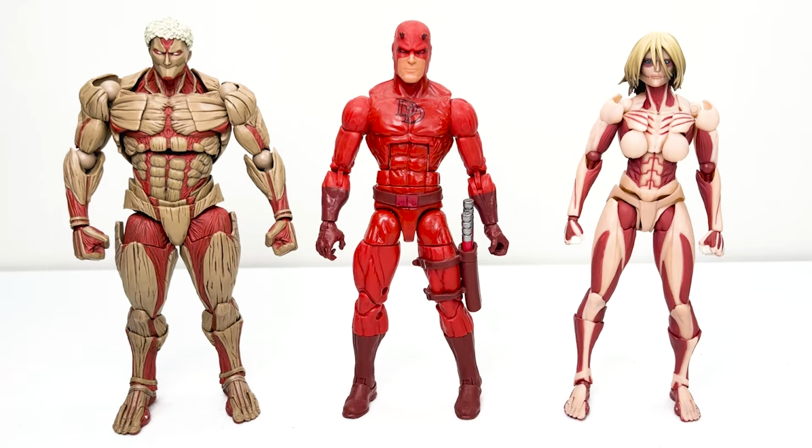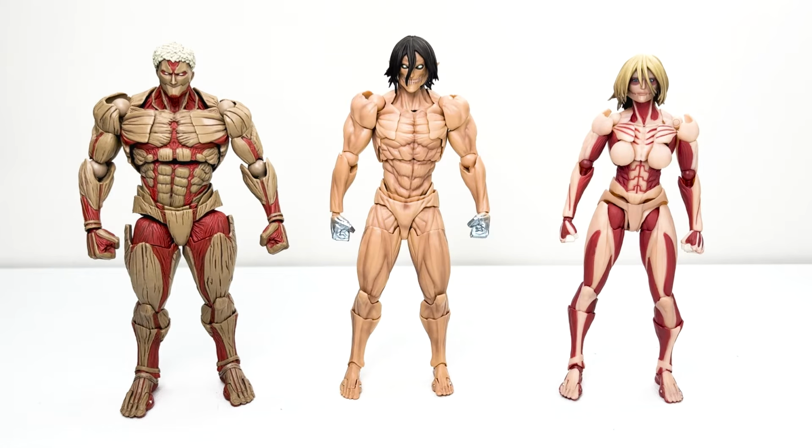And just for reference here, they are with a Marvel Legends Daredevil that is on the Bucky Cat body mold, so you can kind of just see that here. I'm sure we all have a Marvel Legends Bucky Cat figure out there, and so this is just what it looks like in that scale. And finally, here we have the female and armored Titan with the Attack Titan from earlier this year. And oh my god, guys, I just love